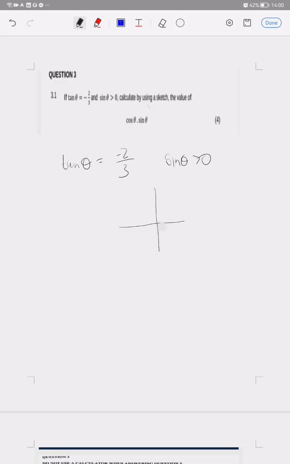So what do I check? In which quadrant is tan negative. Remember, all students take coffee. So here it is only sine that is positive, here it is only tan that is positive, here it is only cos that is positive. All of them here in the first quadrant, they are positive. So I check in which quadrant is tan negative. So I select 1